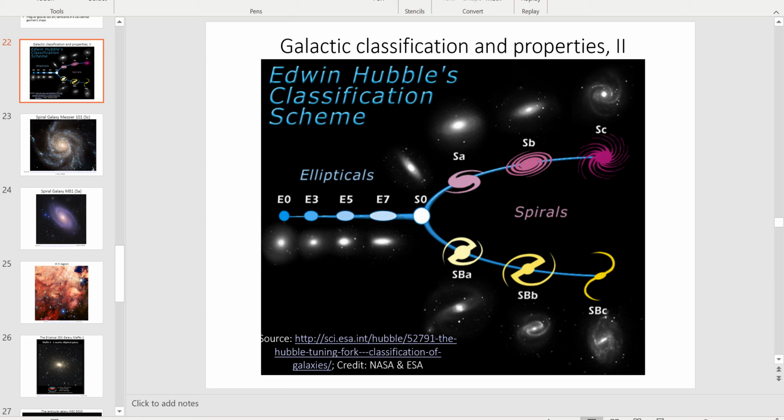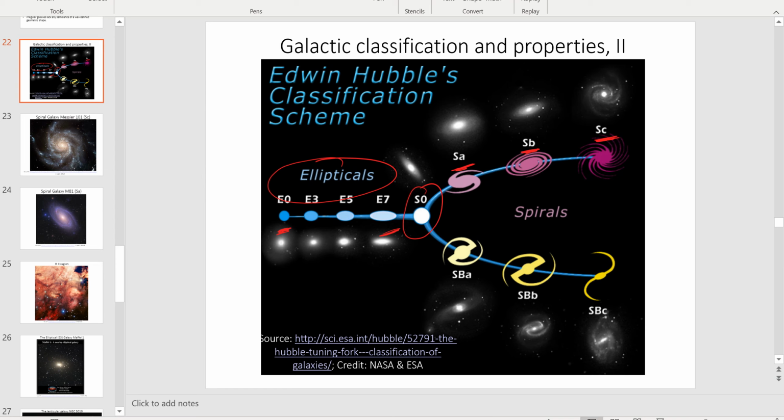We have the elliptical galaxies on the left side. Remember, E0 are highly spherical and E7 are highly oblong. Then we have the lenticular galaxies, which are like spiral galaxies without the arms. These are basically just galactic bulges without spiral arms. Then we have the three main types of spiral galaxies, SA, SB, and SC. The practical difference is usually that SA galaxies have two clearly defined arms, whereas SC galaxies have many arms that are often hard to count because the spiral structure is not very clear.